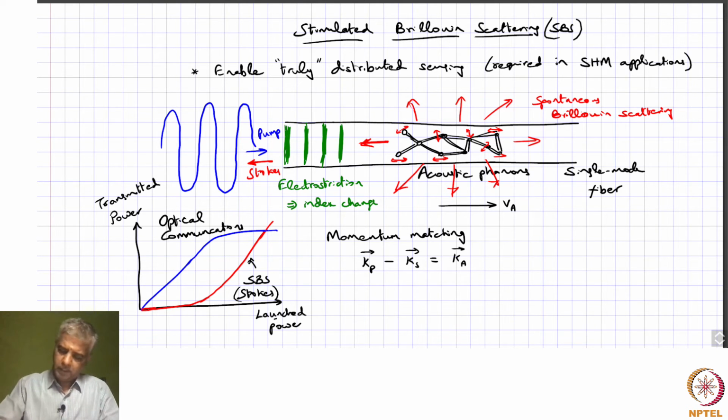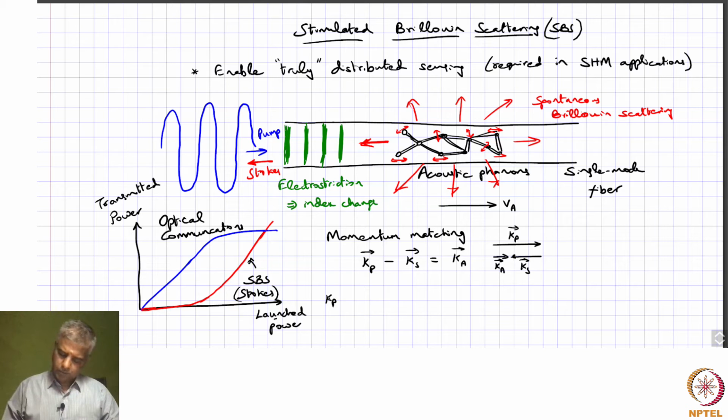So, you can represent this picture like this: you have this Kp, and then that is scattering off Ka, the acoustic phonon, and that is producing Ks in the opposite direction. And since Ks is almost equal to Kp,